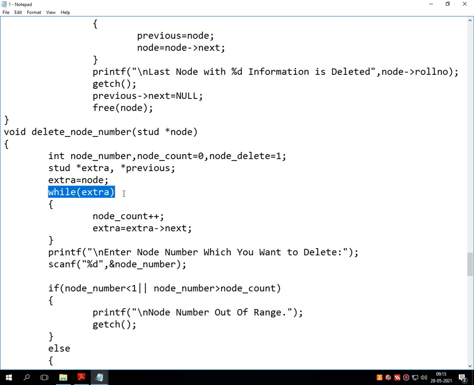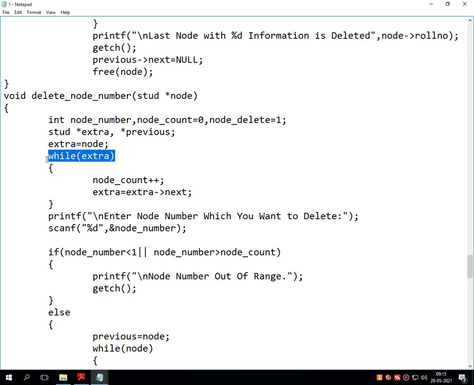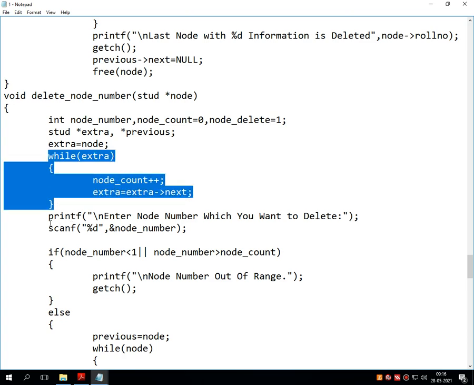In insertion we first search for that particular node number, right? Same like that, in deletion also we have to search for that node number. So that node number is searched through this while loop.